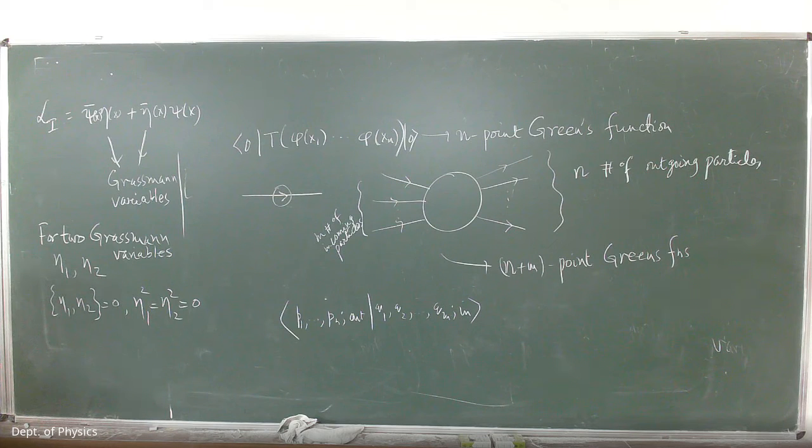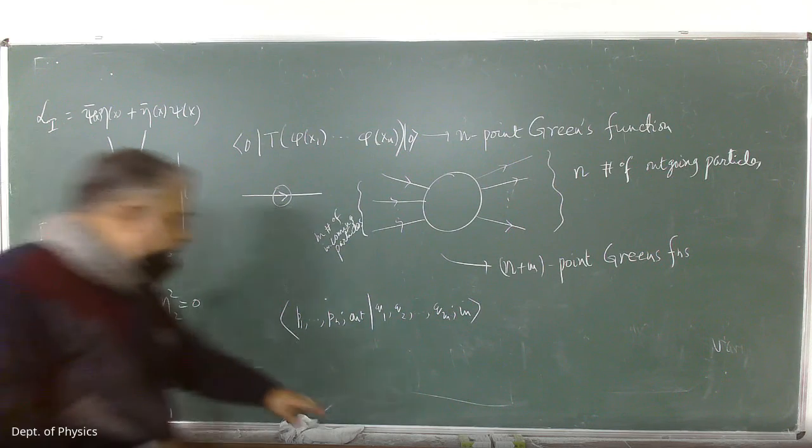Dirac fields give the Dirac propagator, the Feynman propagator for the Dirac fields rather. Likewise, there is a Feynman propagator for the Maxwell field. So you need these propagators, which are generally depicted by